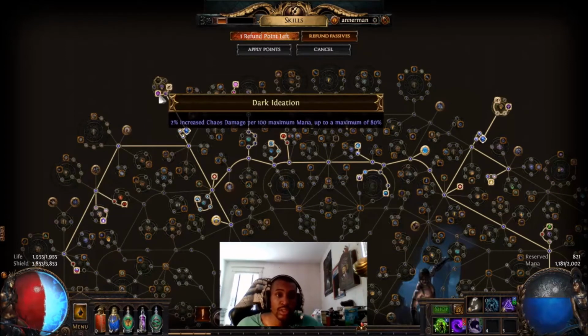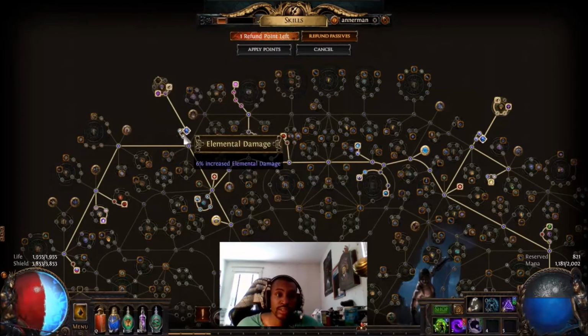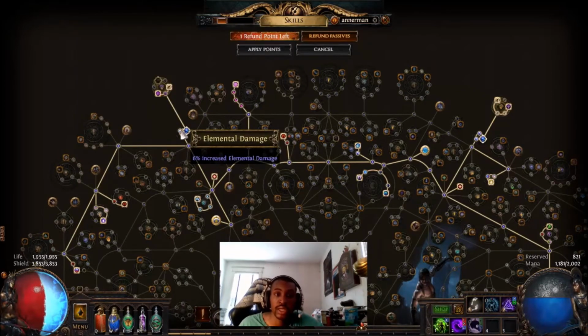And then over here, I am running another medium jewel. This doesn't benefit me at all, these 2 nodes, so it kind of sucks that they're elemental damage. I wish they were just flat damage. That would benefit me even more, but they're not, so it is what it is. But as far as this jewel, it's another chaos damage over time multiplier, and then I'm running Dark Annihilation and